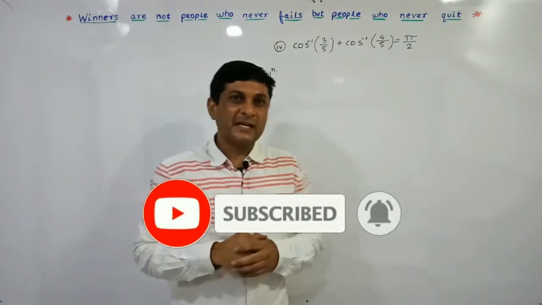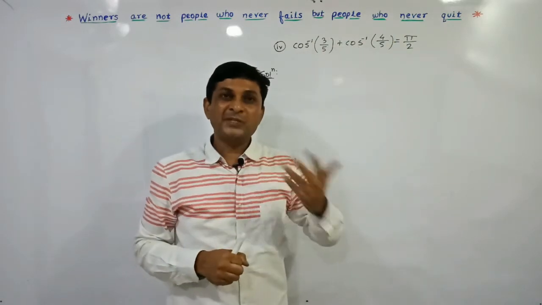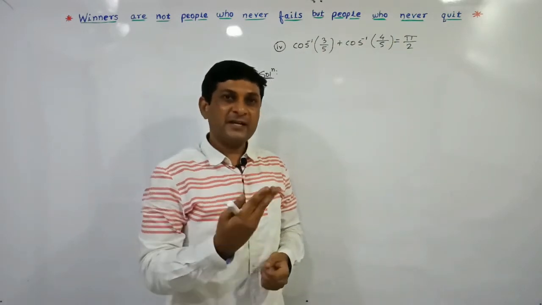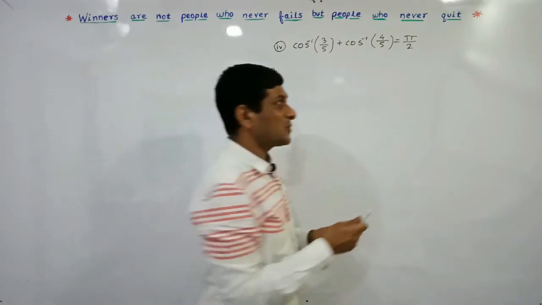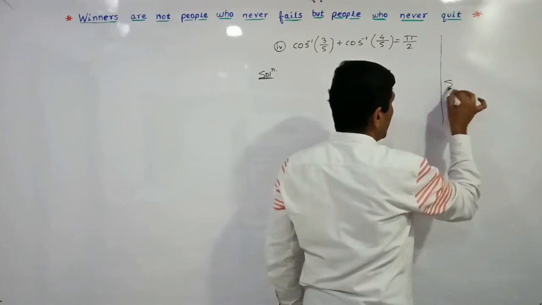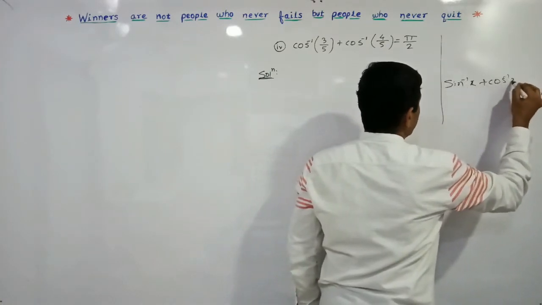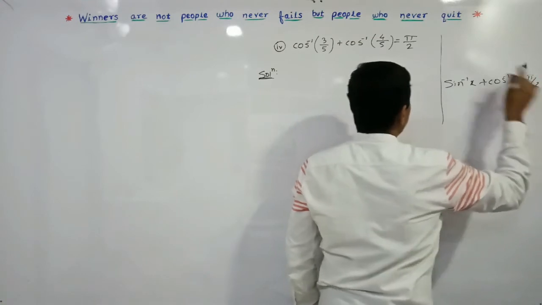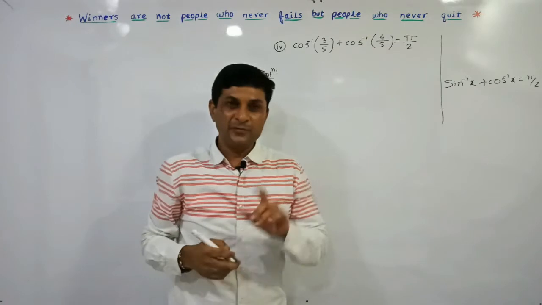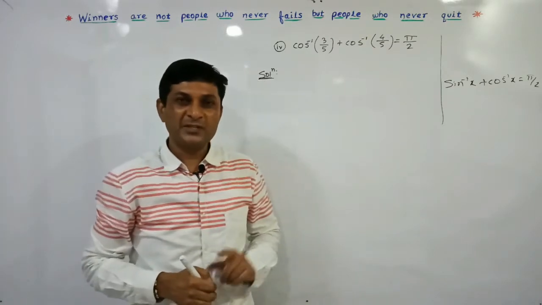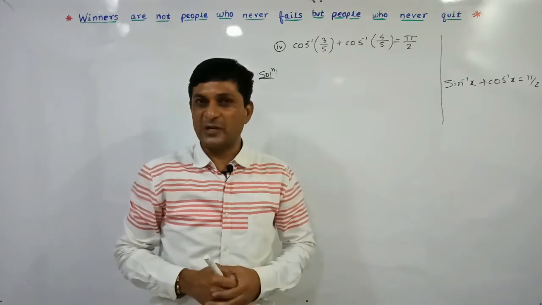See, in this example we have to show that the addition of these two terms is pi by 2. We have some identities in which the right hand side is pi by 2. One of them is sin inverse of x plus cos inverse of x is equal to pi by 2. And here also our right hand side is pi by 2. See, if one inverse trigonometric function is given to us, we are able to find its values in the remaining 5 inverse trigonometric functions.